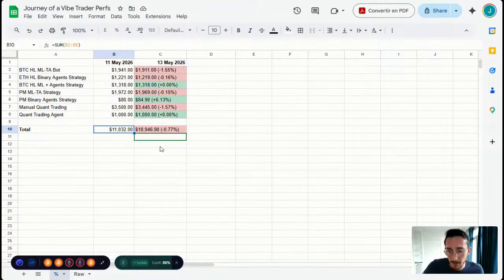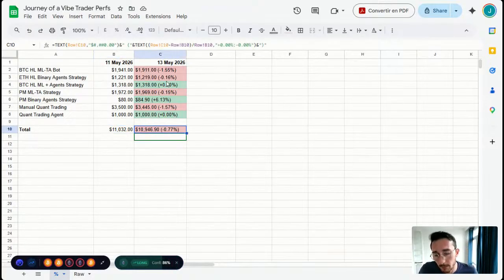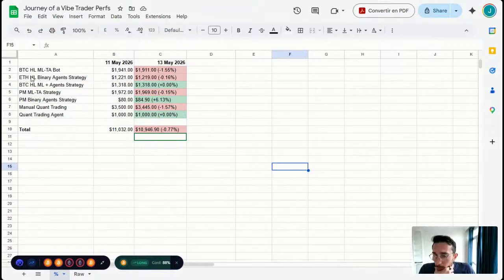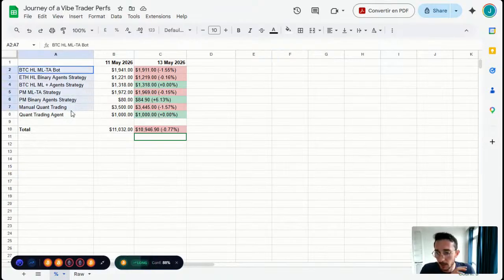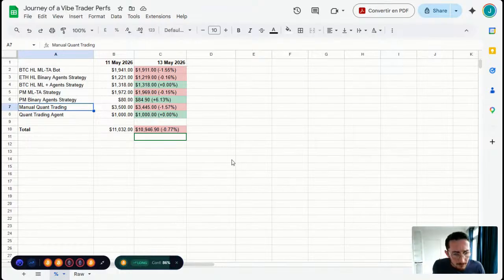And today it is a bit down. So these numbers are from early afternoon, so now everything changed a little bit. Some things are more up, some things are more down. As you can see, I have 1, 2, 3, 4, 5, 6, 7 different trading instruments. 6 of them are bots, and one of them is me, manual trading with a tool, Quant.